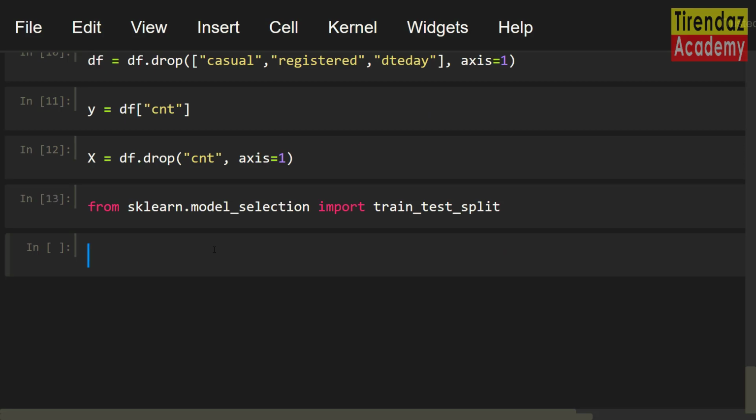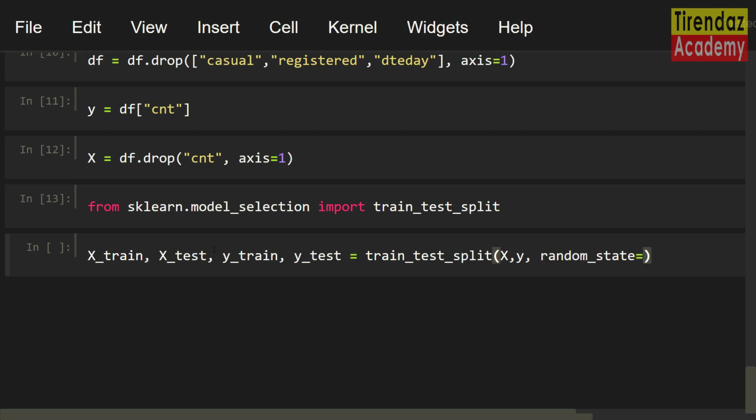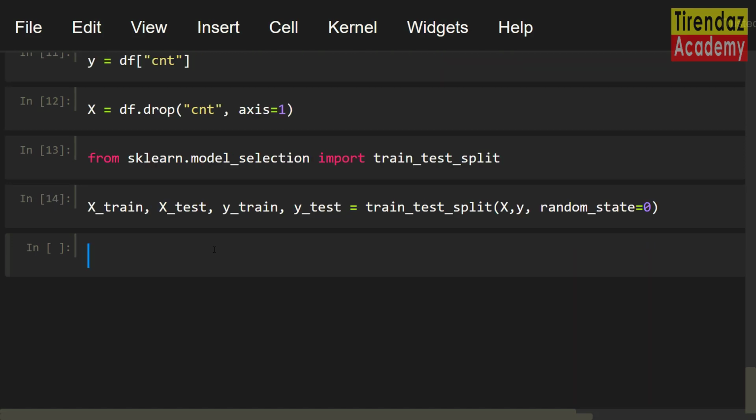Let's split the dataset with this function: X_train, X_test, y_train, y_test equals train_test_split. Let me set the variables X, y. For reproducibility, let me set random_state equals 0. Awesome! So far, we performed data preprocessing and then split the dataset into training and test set.